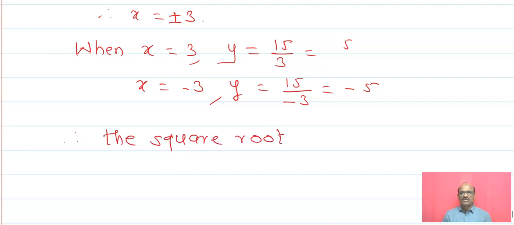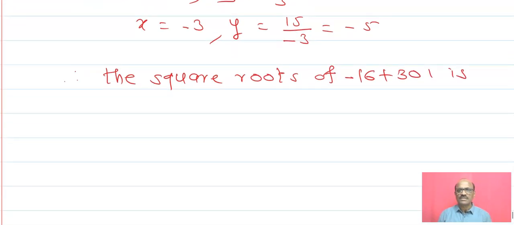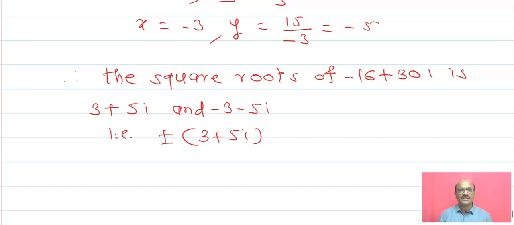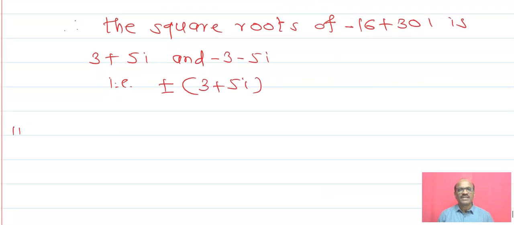Therefore the square root of minus 16 plus 30i is 3 plus 5i and minus 3 minus 5i, and it can be written in compact form, that is plus or minus (3 plus 5i). Number 2,